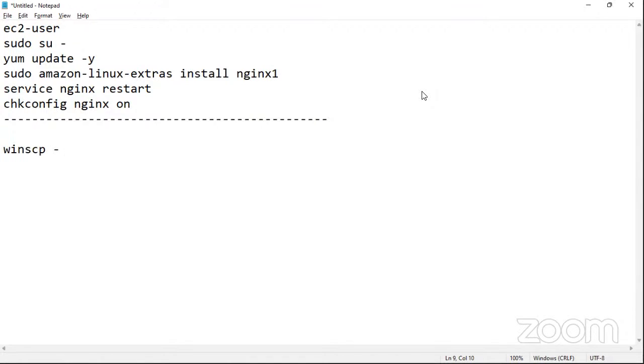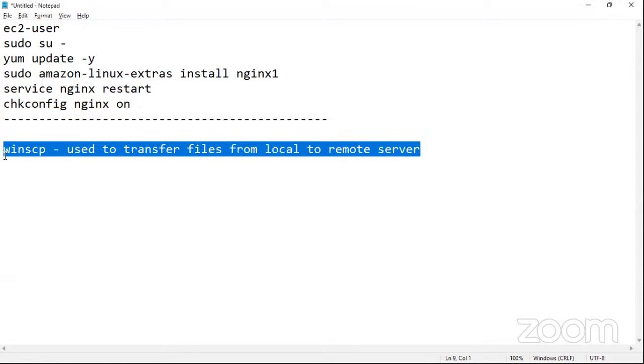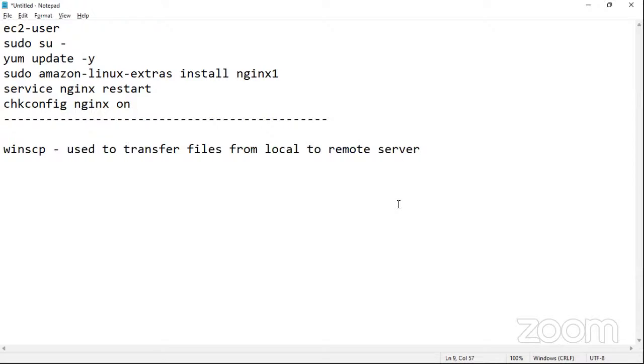So here our local server is a Windows server, and our remote server is Linux. Now this Windows is nothing but a GUI,